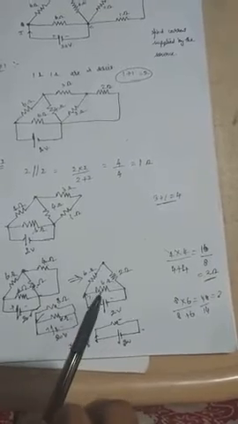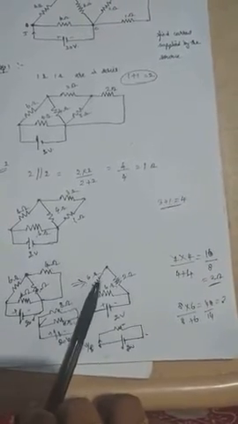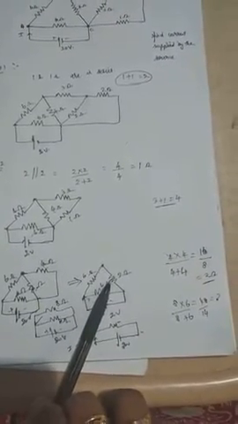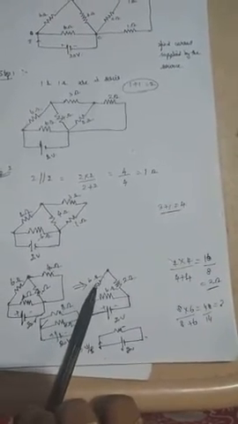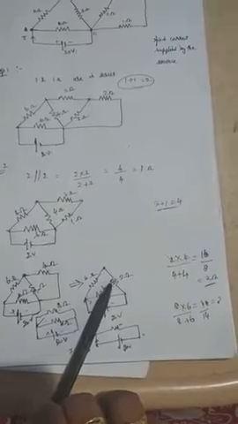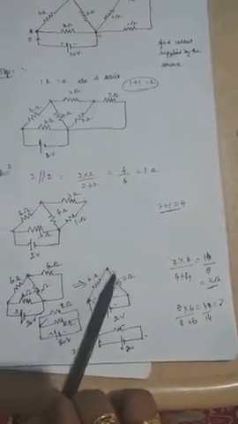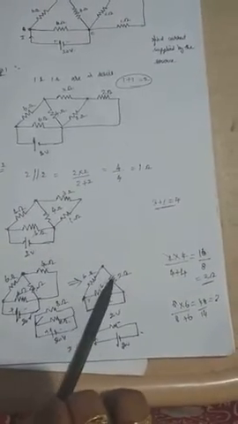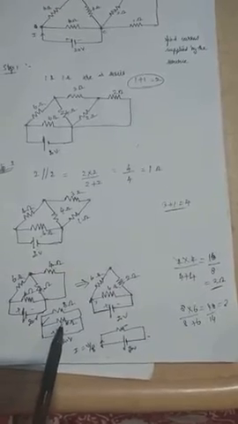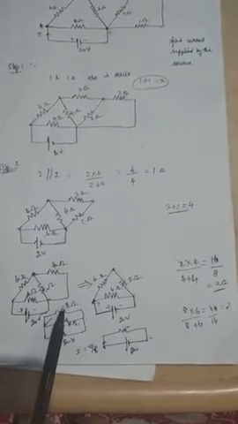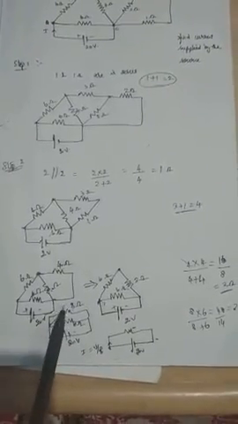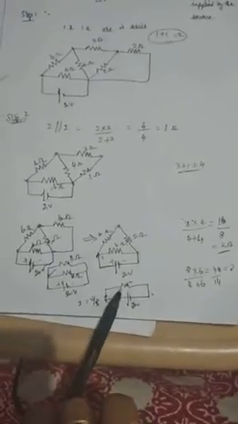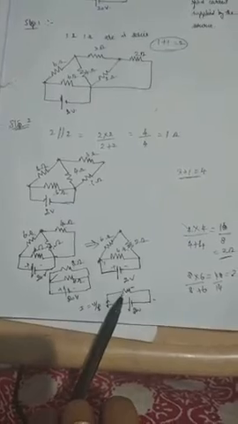So 4 and 4 are considered a parallel connection, and using the parallel formula the value becomes 2 ohms. Again the diagram will be reduced like this, and this 6 and 2 ohms are connected in series, because it will not be considered a junction. The ending point of 6 ohm is directly connected to the starting point of the 2 ohm without any junction. So again the diagram will come like this. The 6 plus 2 is 8 ohm, and another 6 ohm will be there, and this 6 and 8 ohms are connected in parallel, and will be reduced to a single resistance.